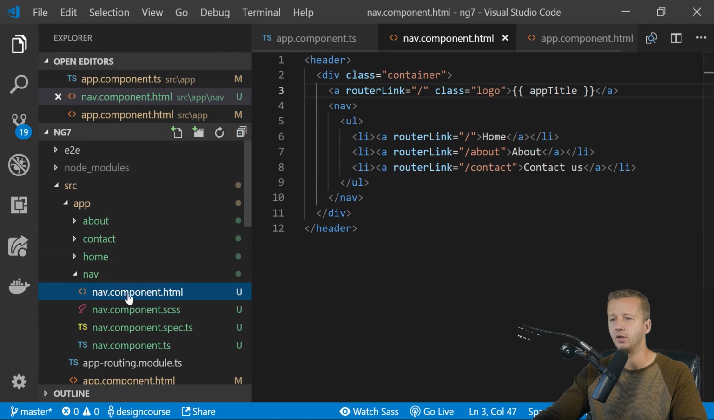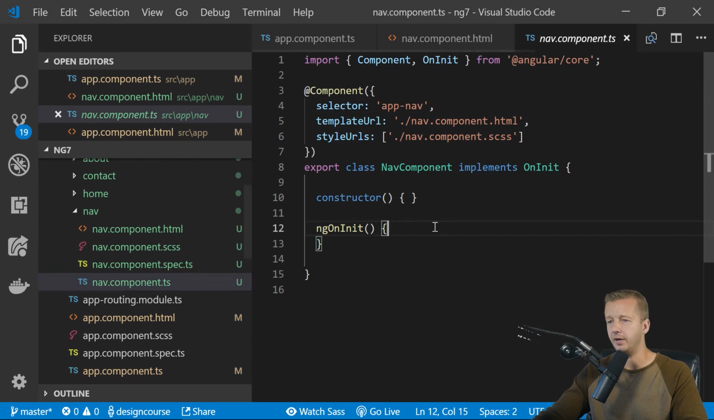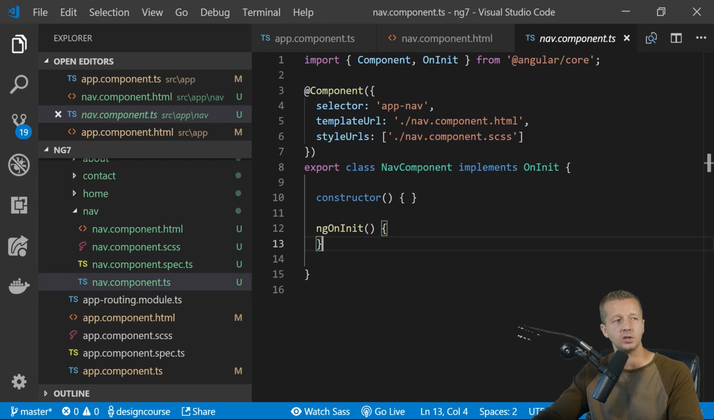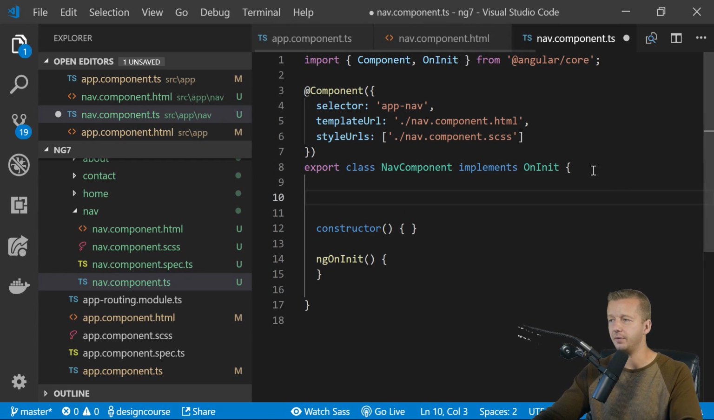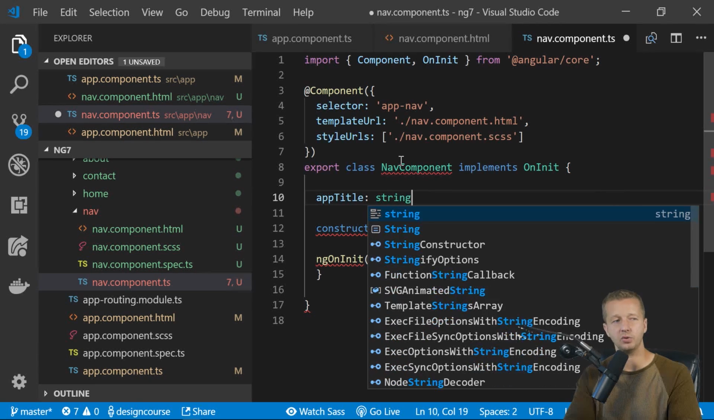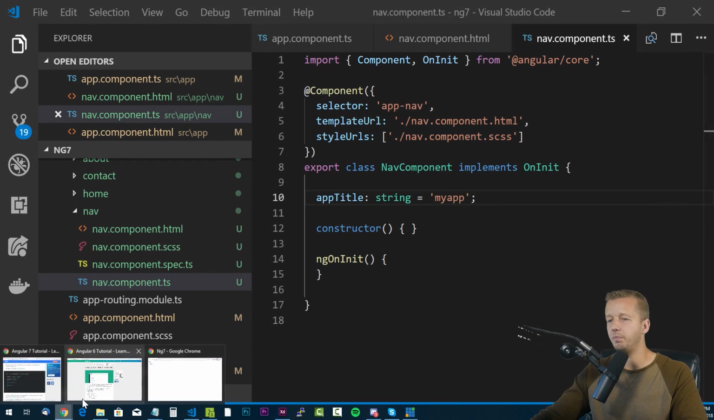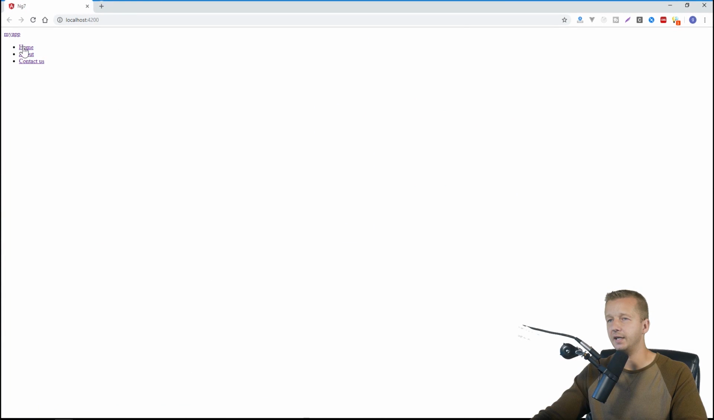So if we press Control B, we go back to our nav component TS file. We'll specify the app title property just inside of our class. So app title. And if you want to do this the TypeScript way, we put a colon, and the type of property this is going to be is a string, and we bind it to a string, and we'll just say my app. All right, so if we save it, when we go back,